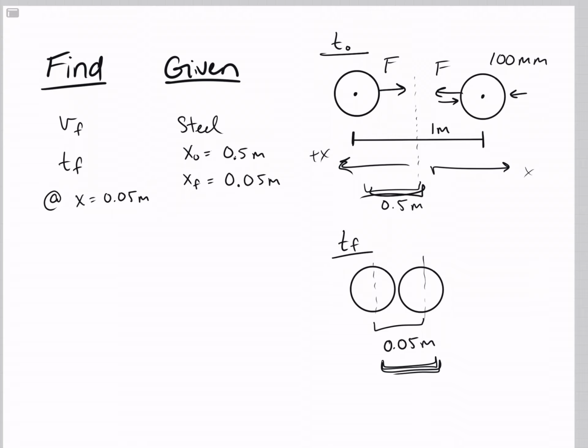5. We're given that these balls are steel, so we can calculate the mass from the density and the volume, and that information can be found in your textbook. So let's go ahead and solve for that, where mass equals rho times V, and the density in kilograms per meter